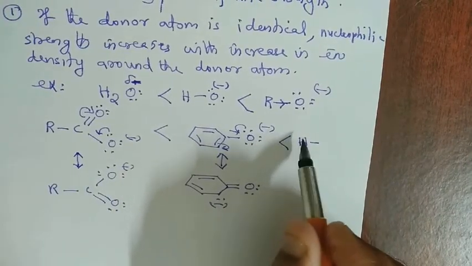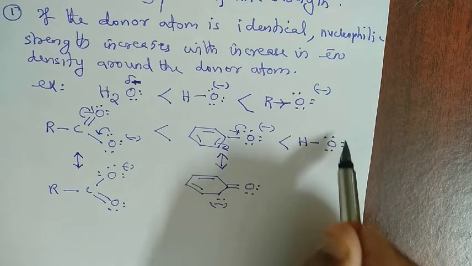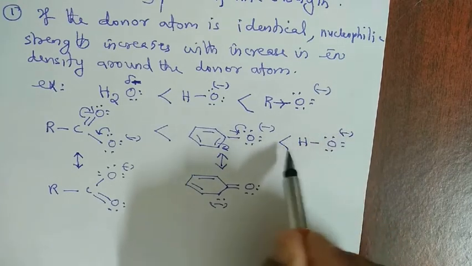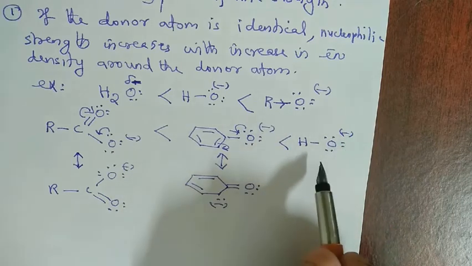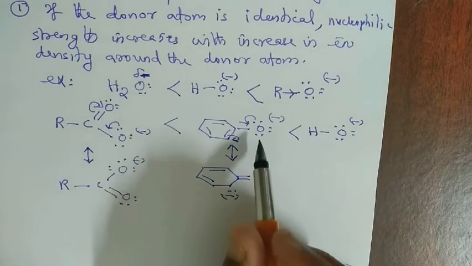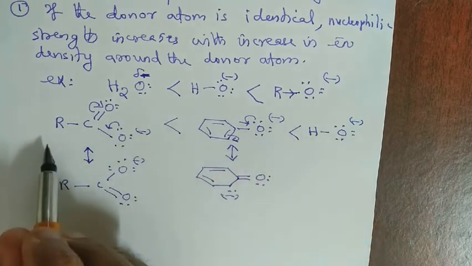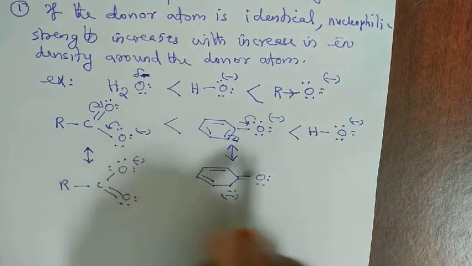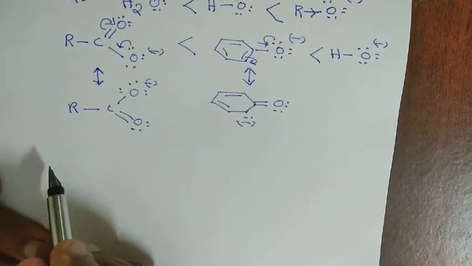Phenoxide ion is a weaker nucleophile than hydroxide ion. In hydroxide ion, negative charge is not at all delocalized to any other atom. So among carboxylate, phenoxide and hydroxide, nucleophilic strength increases from left to right. Another example,